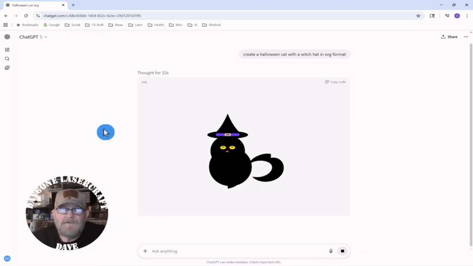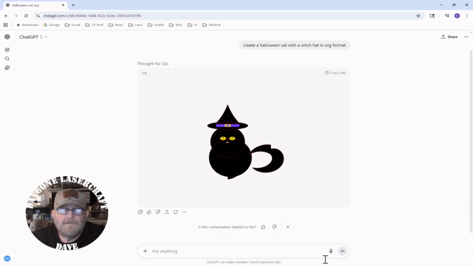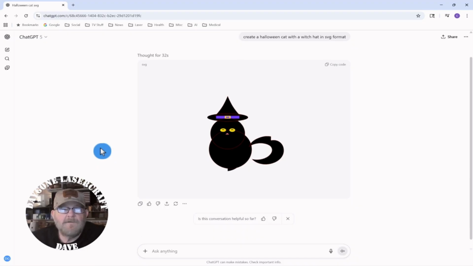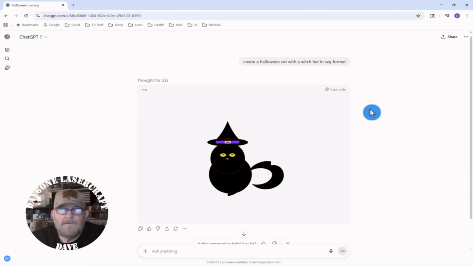Now, ChatGPT does great high resolution images. So get your high resolution image, pull it into Lightburn. But on the off chance, so they're finished. You can see that the button has changed to a bunch of lines. And we're just going to grab this code. So if this had worked out and we wanted this cat, and maybe you like this cat, maybe you want to use it for something, you can copy this code,